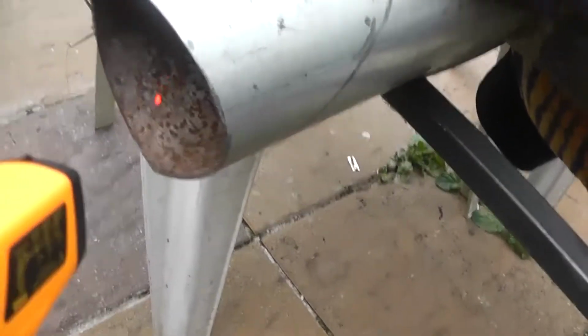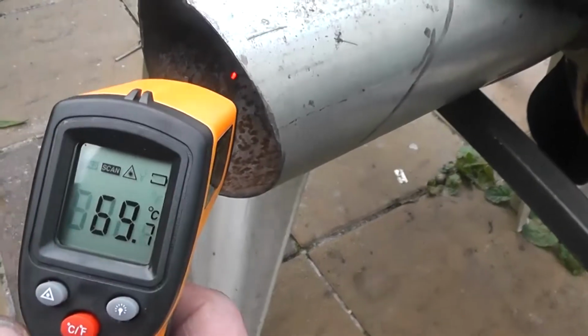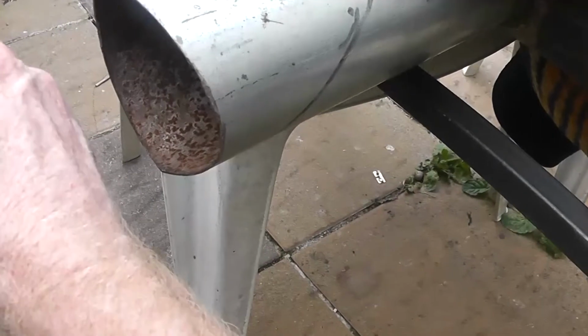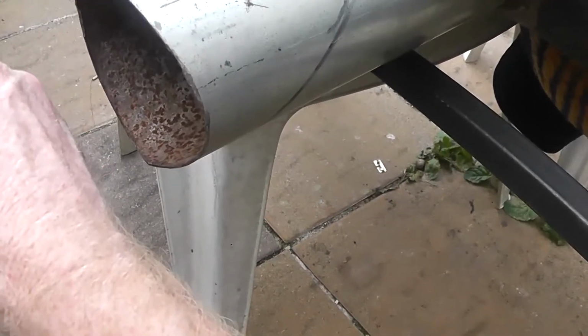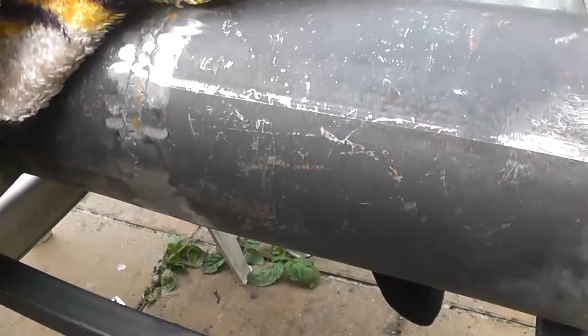Okay, battery's gone again. I only charged it up for 2-3 minutes. Where are we now? Oh, it's dropping, look. It's gone down to 78. Still red hot, but when you put it down to setting 1, because you're burning less fuel, you obviously need fewer RPMs, so the airflow drops, and airflow is what heats your home. So this thing is still